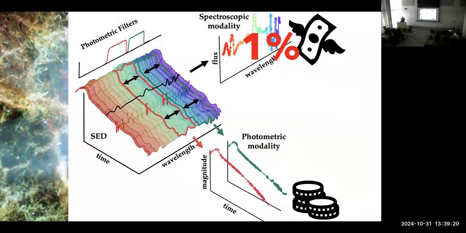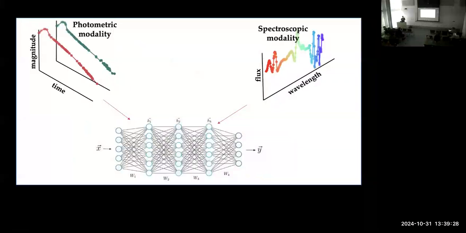So what would be cool now is if we can combine these data into one model and enhance the performance we can get from photometric data. So say we take both photometric and spectroscopic data, throw them into one big model that can take both of them, and maybe then use the fact that there is mutual information between the two of them to